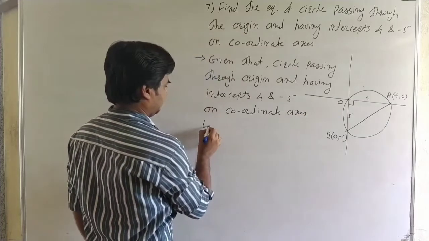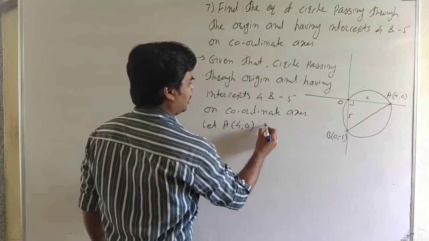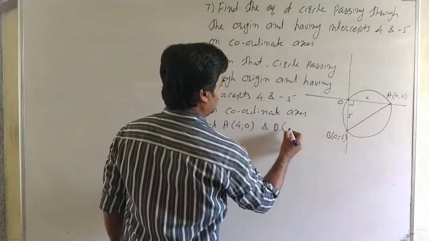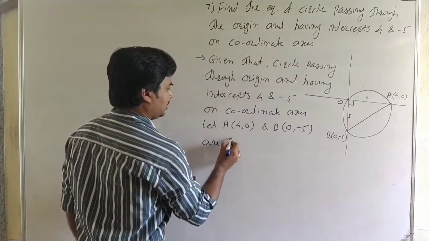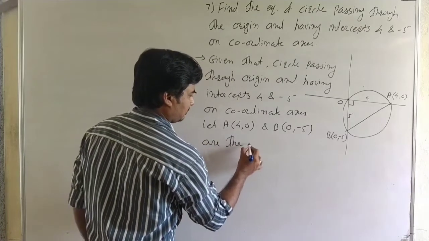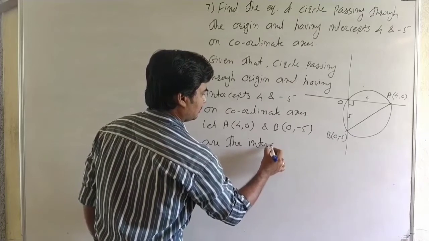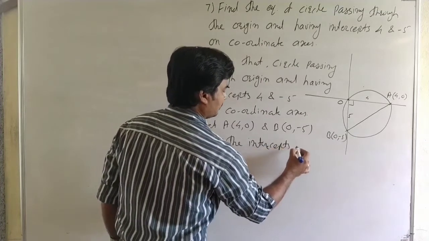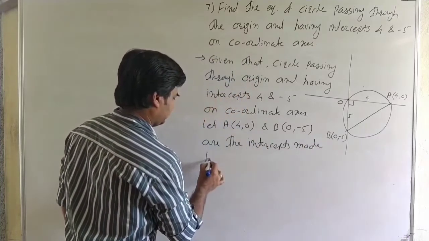Let A (4, 0) and B (0, -5) be the intercepts made by the circle